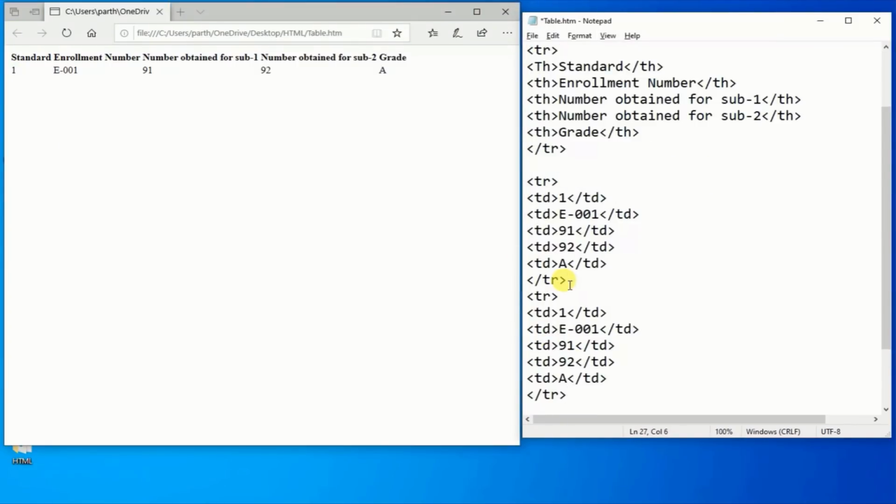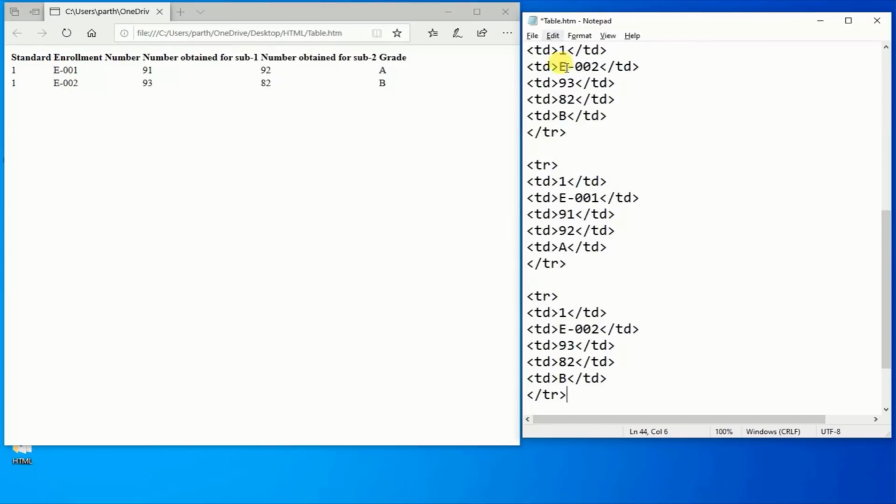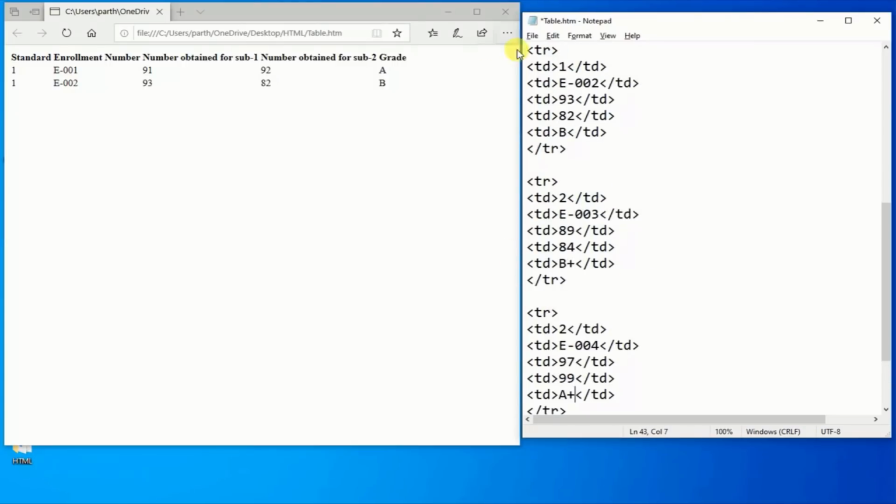For the third, fourth and fifth rows, we copy and paste and change the data shown before. All our data are displaying now.